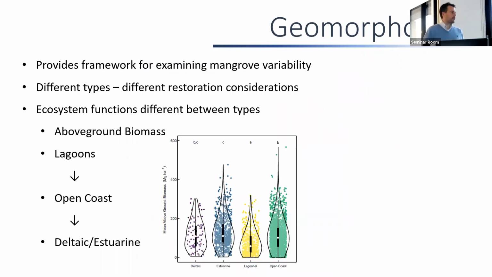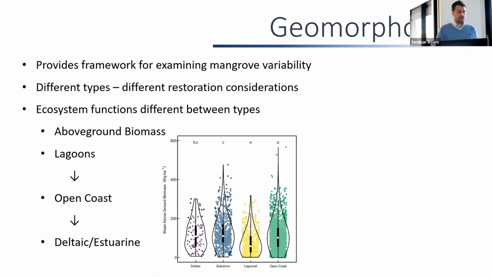Well, first of all, and maybe one of the most important things, it provides a framework for looking at variability in mangroves globally. So we can look at mangroves at the global scale. We have the global scale data sets. We can look at them within continents. We can look at them within countries. But those two things are based on political boundaries and not really geomorphology or biology or ecology. These are based on geomorphologic type and are a finer resolution, and they allow you to aggregate areas of mangrove together into sensible units.